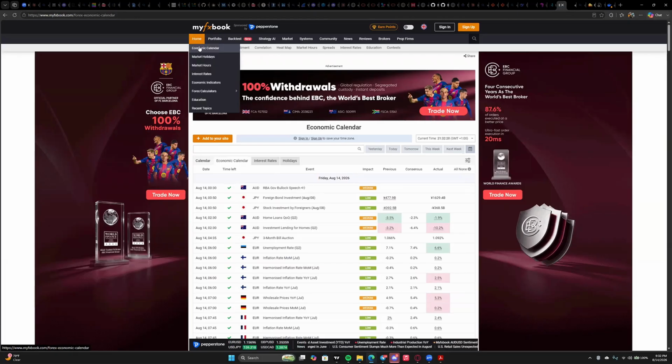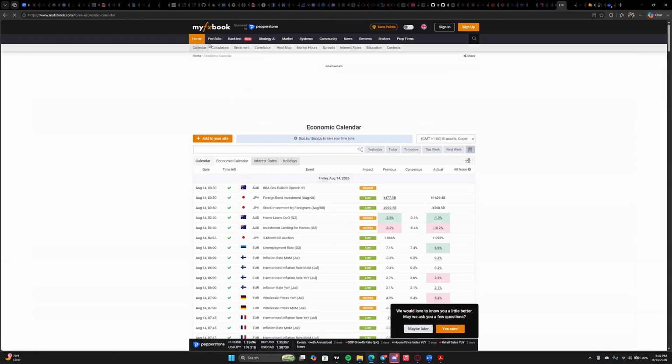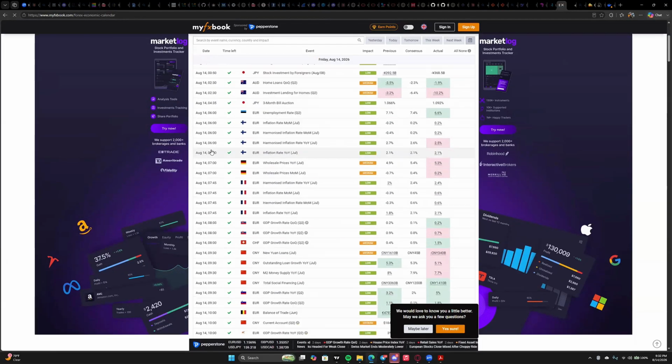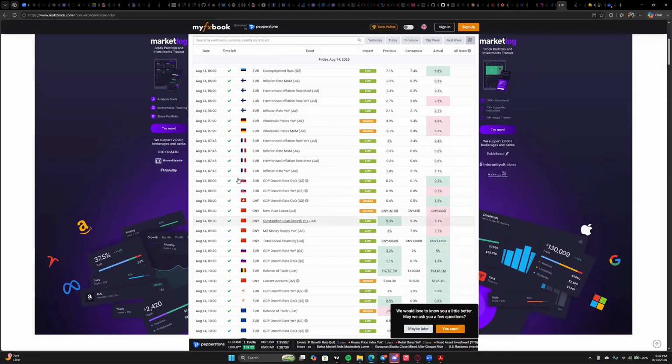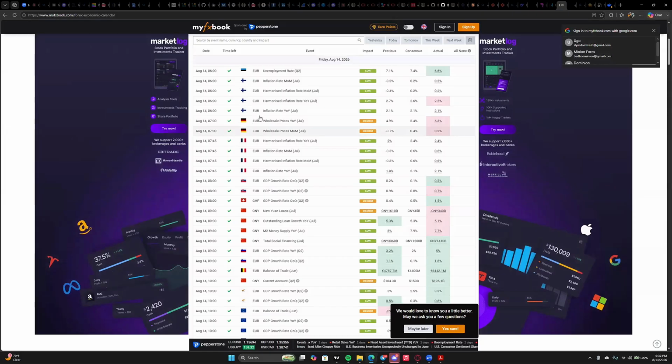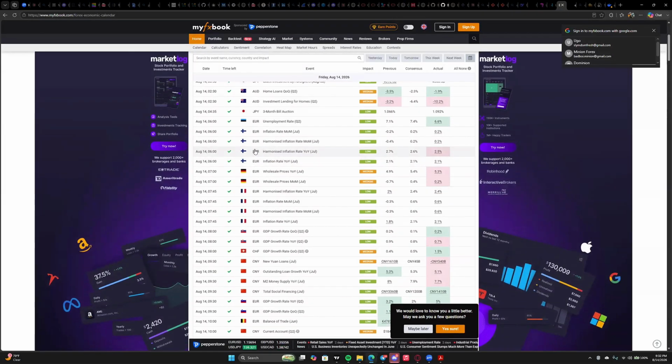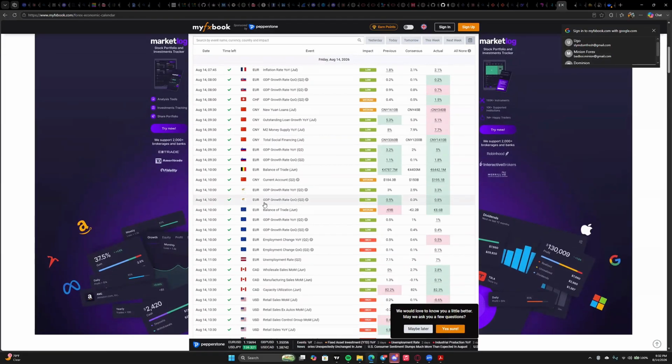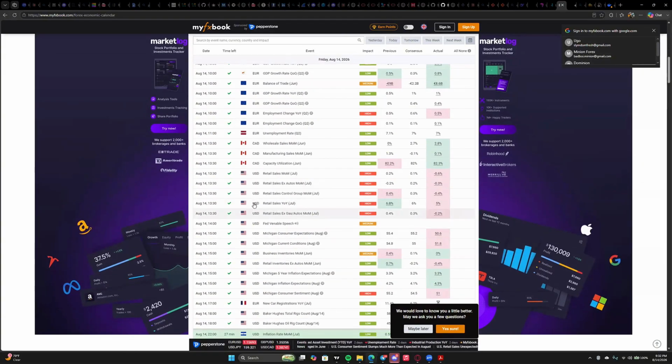For news, you come to calendar, you click on economic calendar. The economic calendar shows you the days and the time that you're having certain news on certain currency pairs. Right now you're having these Euro pairs for today. We also had news on USD. Mostly you look at the currency pair you're trading. If you have USD in that currency pair, you want to watch out for USD news that day,